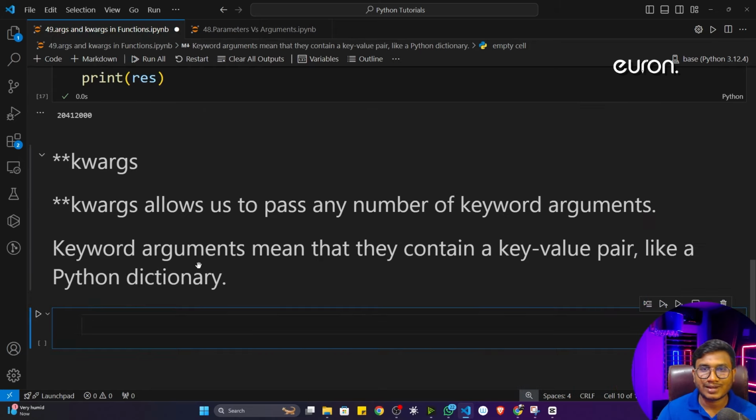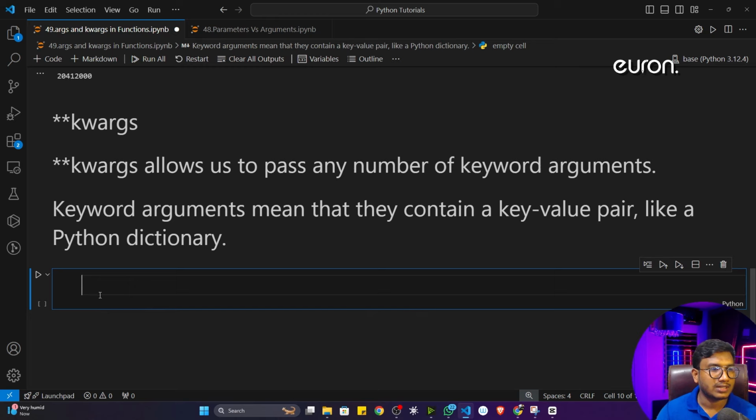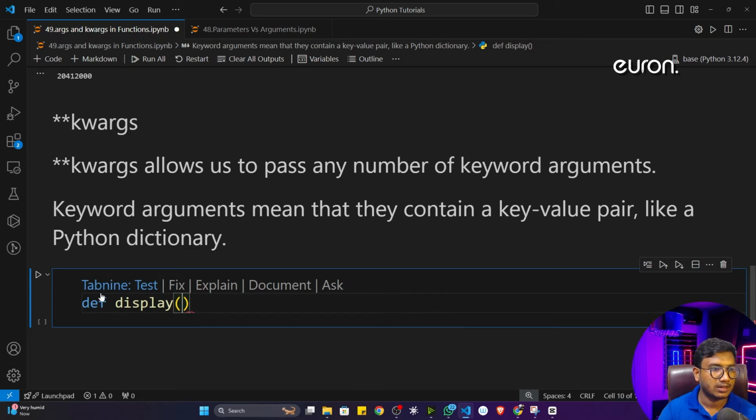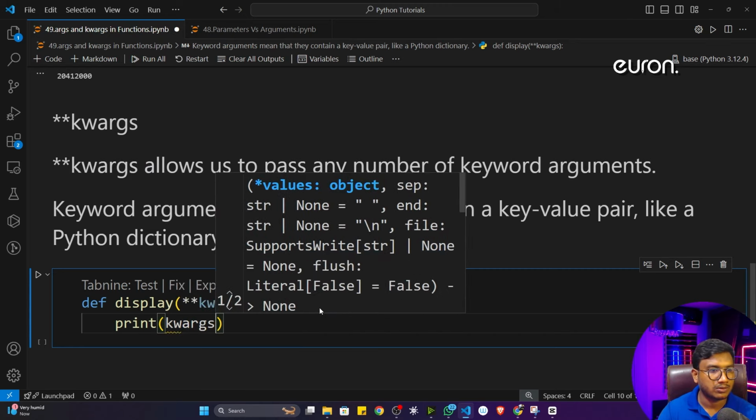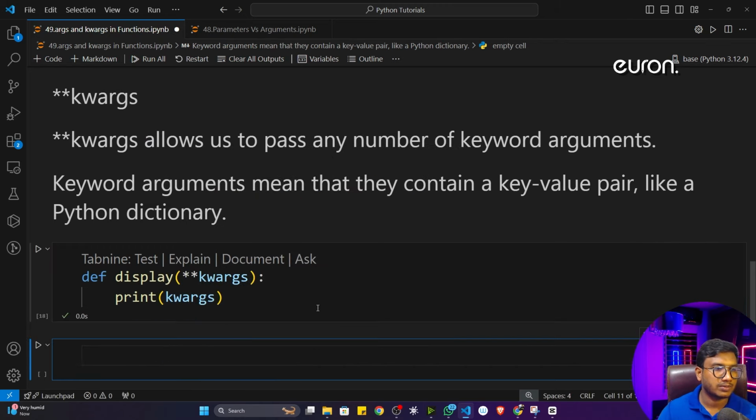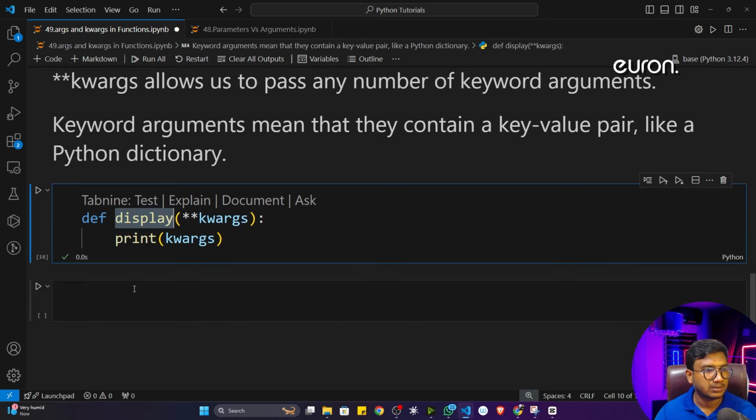Now let me show you one example. I think this should be more clear. Let's say I'll write a program here. The function name should be display. Okay, so let's say this is the function I have created. Now here I'll mention kwargs. If you want to mention kwargs, you have to give a double star and just write kwargs. Fine. Now if I print this kwargs, see what will happen. So if I print this kwargs and execute the program,